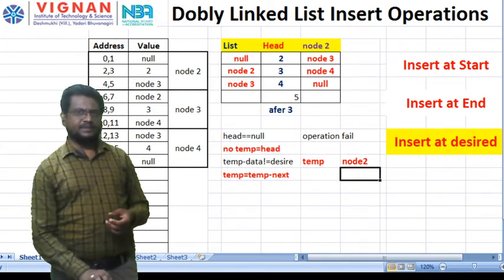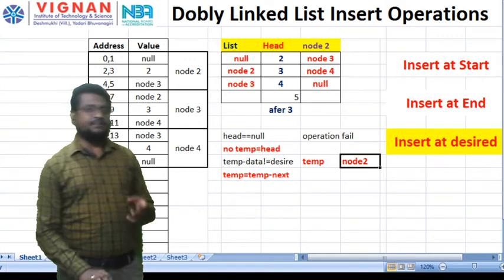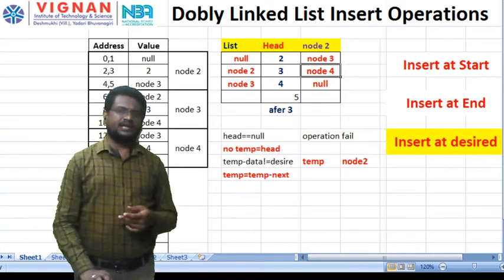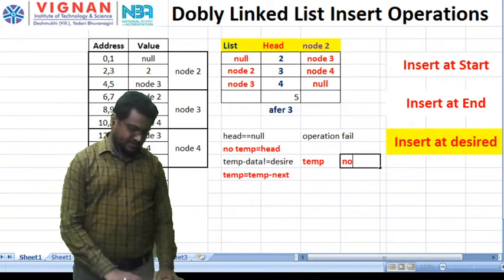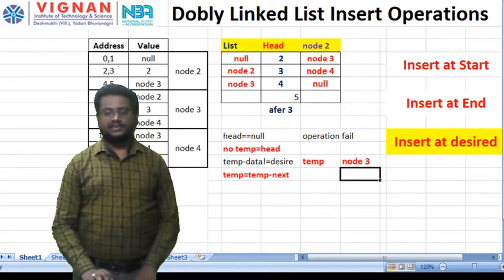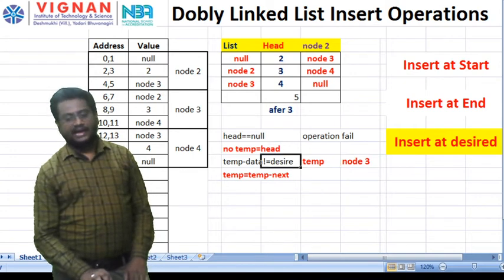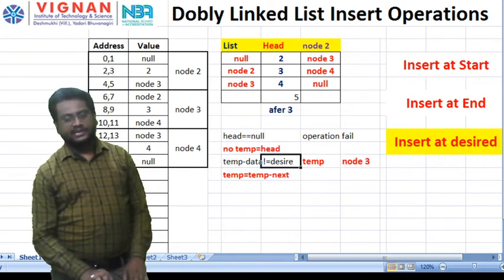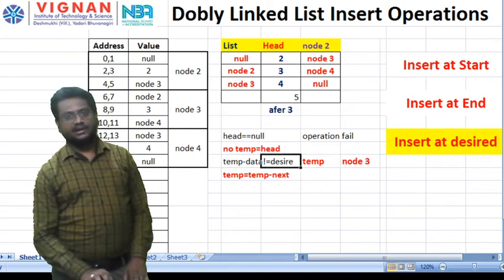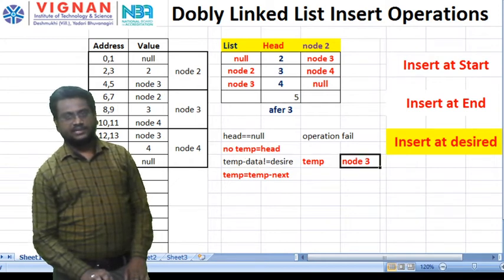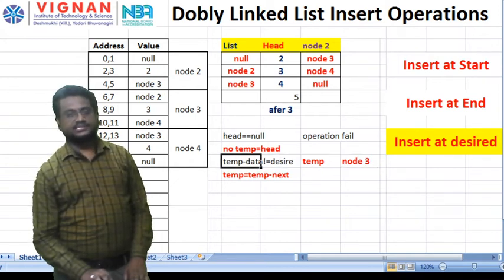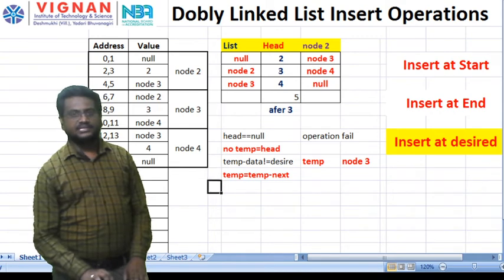Temporary equals temporary next. What is temporary next? Here, node 3. Now temporary stores the node 3 value. Am I right? Again I am checking, is the temporary data equal to the desired or not? What is the temporary data? 3. Yes. Then I will exit the loop.